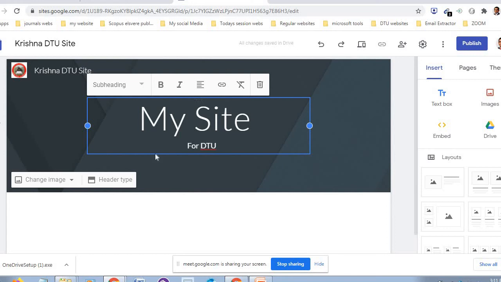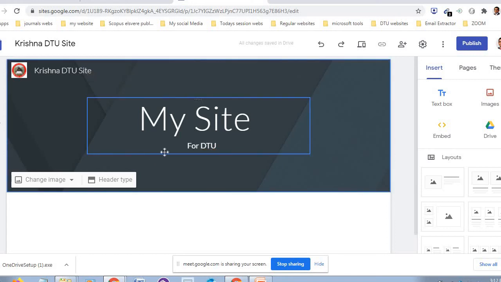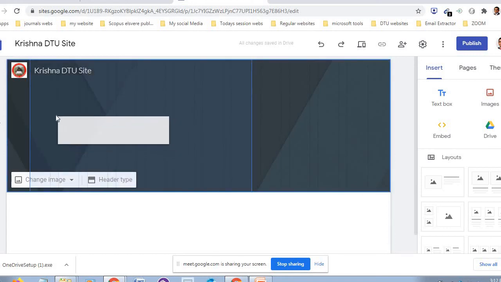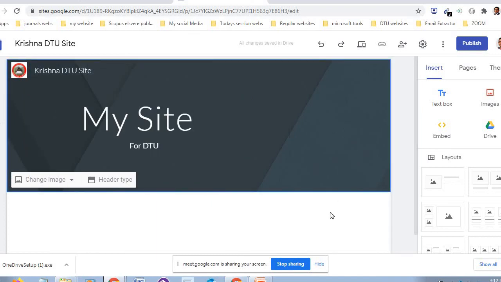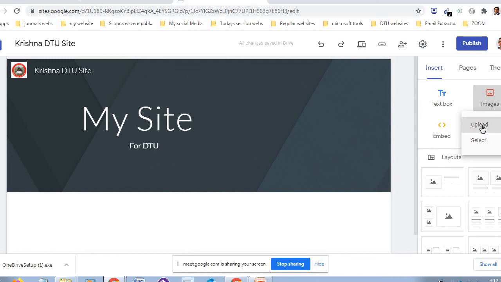And if you want to move it, you can move it here. And if you want to upload your photographs, you can upload. Insert. Here there is an Insert button. First let me publish it. I already created my title. Let us publish.